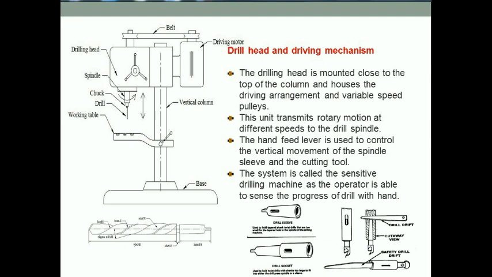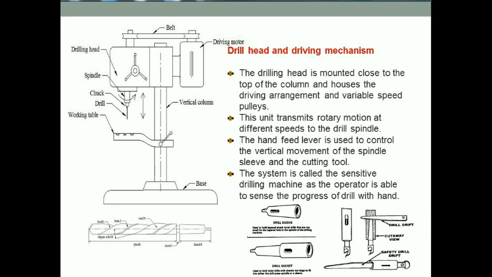There are different types of twist drills. To fit them into the spindle, we make use of a socket or a sleeve. The sleeve is used when the drill bit size is very small. The socket is used when the drill bit size is bigger, which is unsuitable to fit directly into the spindle. Just by inserting the twist drill into the spindle, we can fix it. The removal is also a simple process.